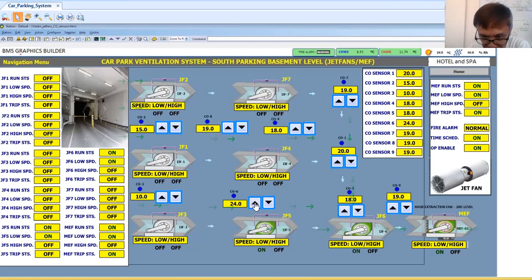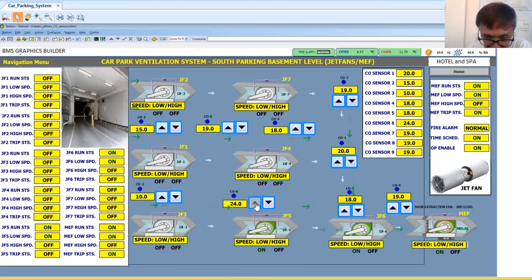Now here, if I have a high concentration of carbon monoxide, what happens? My jet fan 5 and jet fan 6 will be the ones to run, just to suck the carbon monoxide and push it to the main extraction fan.